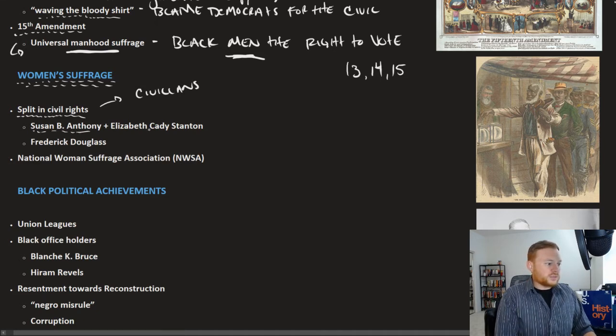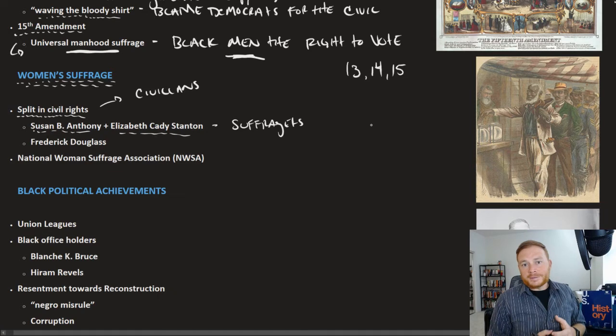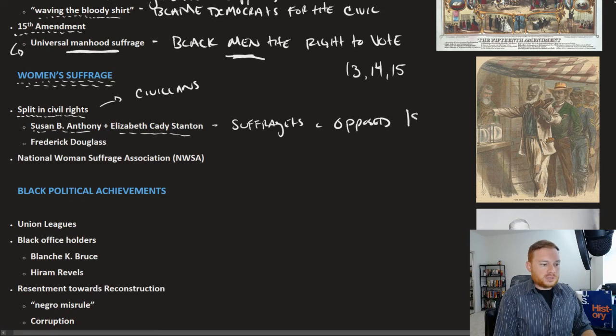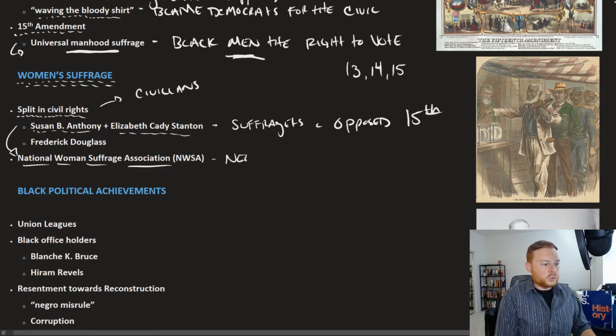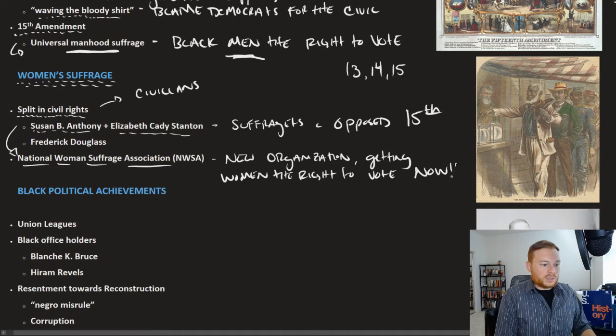For some, like Susan B. Anthony and Elizabeth Cady Stanton, who were suffragettes, those are those who advocate for the right to vote for women, they opposed the 15th Amendment specifically because it excluded women, and even went so far as to create new suffrage organizations like the National Women's Suffrage Association, or NWSA. This was a new organization dedicated to getting women the right to vote now, right? That was the important part,